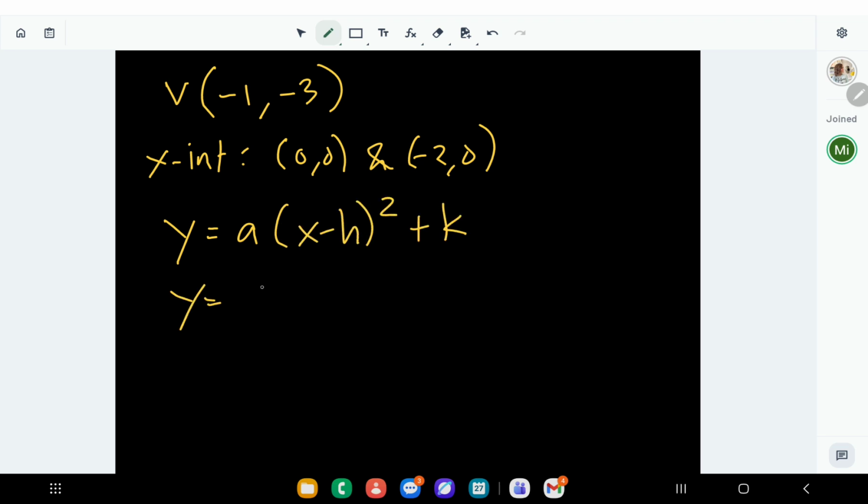So it should be y equals a times (x plus 1) squared minus 3. When x is 0, y is 0, right? And then for the x-intercepts, okay, axis of symmetry -1. Yeah, so that's how to write that one. You're given the graph